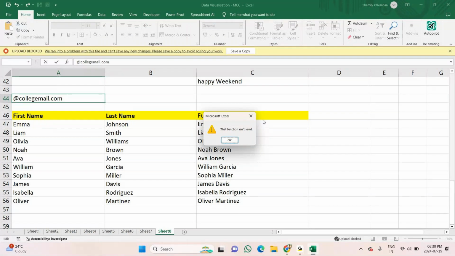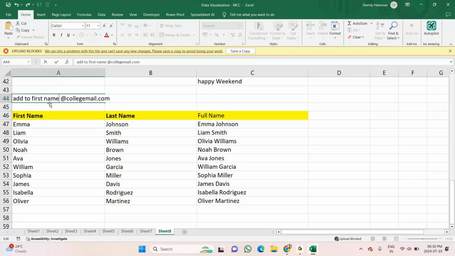So what I will do is I'll take this control key, let me add to first name. To the first name, you need to add this option at the rate college.com. Okay, this one you will be adding.